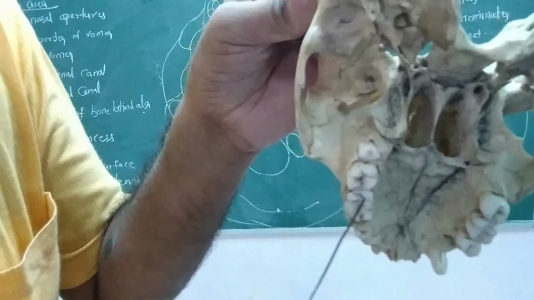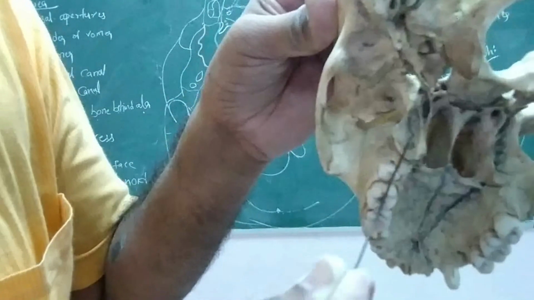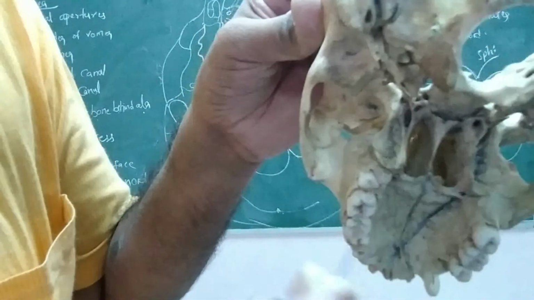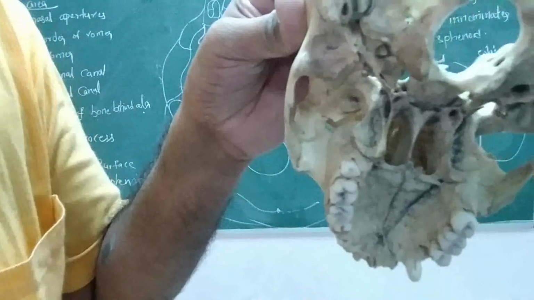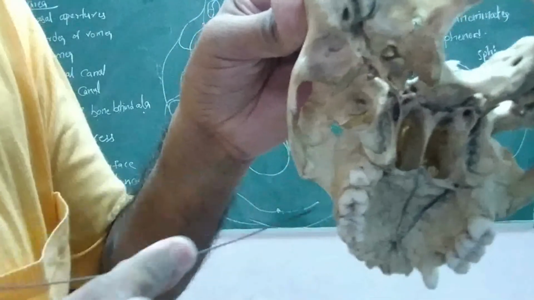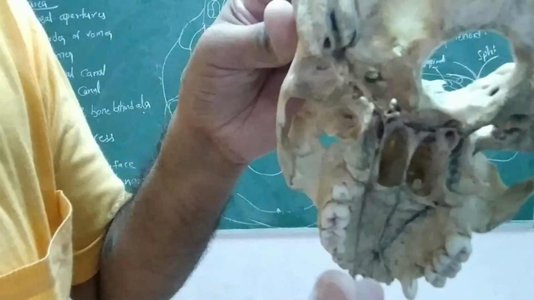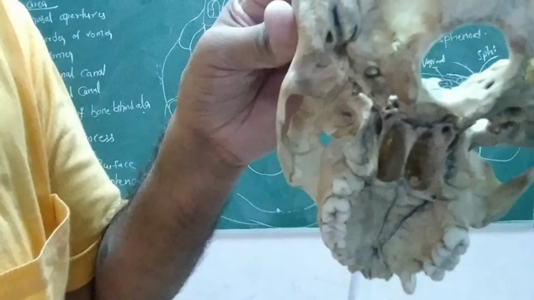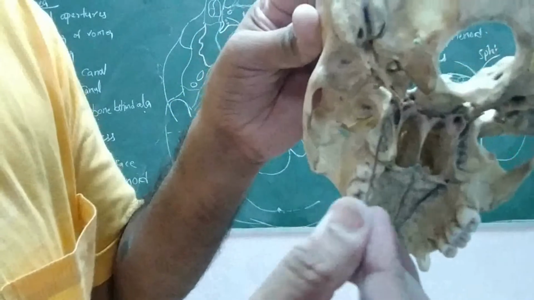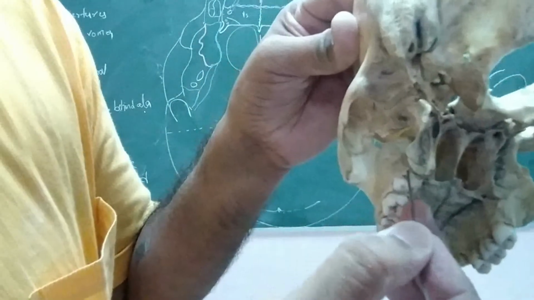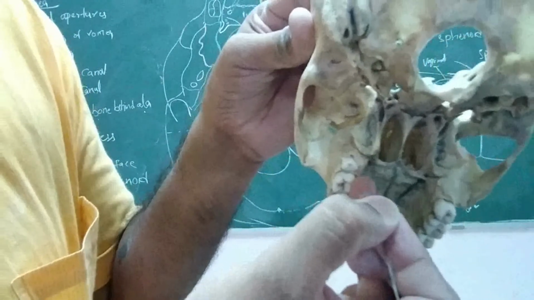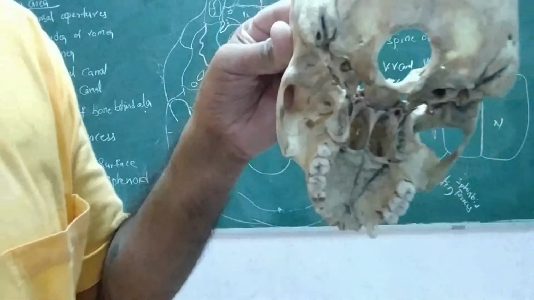Actually, this pterygoid process is present behind the alveolar arch. So two plates are present. One is called the medial pterygoid plate, and the second is the lateral pterygoid plate. Anteriorly, these two plates enclose and form a fossa. That fossa is called the pterygoid fossa. Inferiorly it is incomplete. See, this is incomplete, and it forms a fissure. This fissure is called the pterygoid fissure.